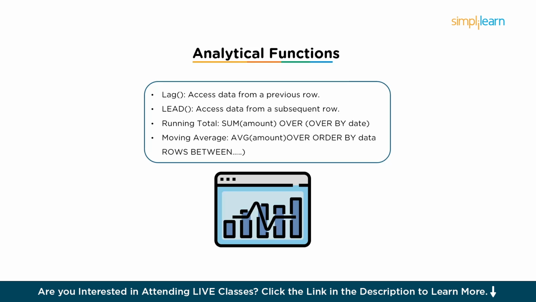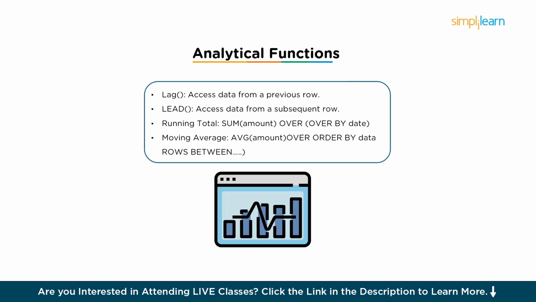A moving average, typically calculated with average over, smooths out day-to-day or period-to-period fluctuations by averaging values over a specified window of rows, which helps to identify underlying trends more clearly by reducing noise. These analytical capabilities are fundamental in financial analysis, sales forecasting, and many other data-driven fields where understanding trends and comparison